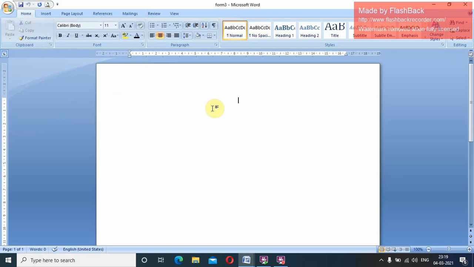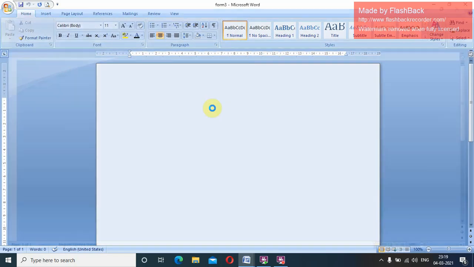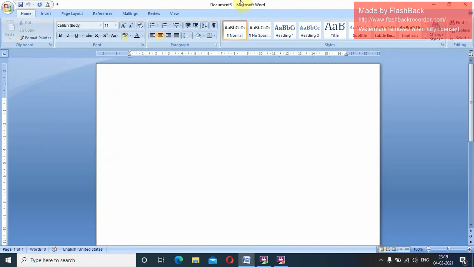This is a shortcut key. Whenever you save a file, MS Word 2007 has the extension .docx.